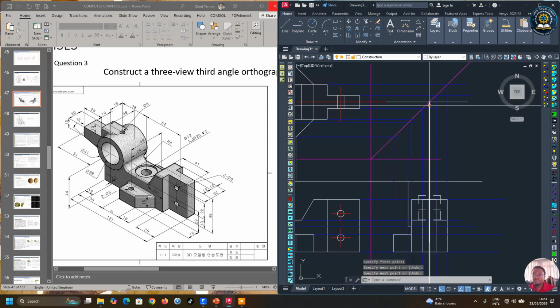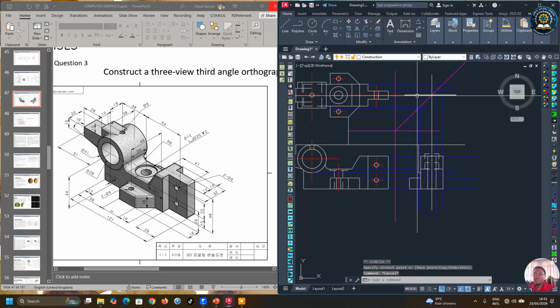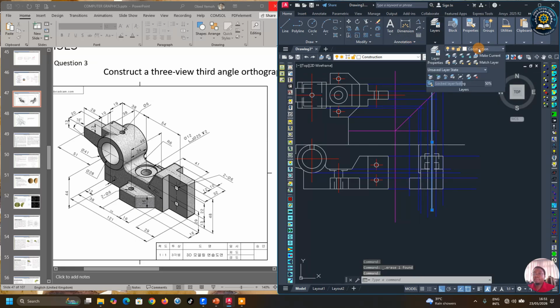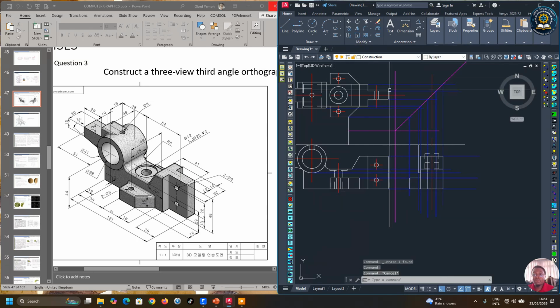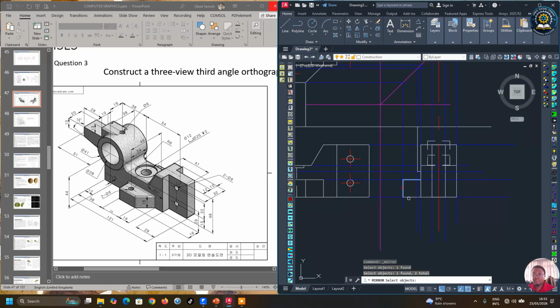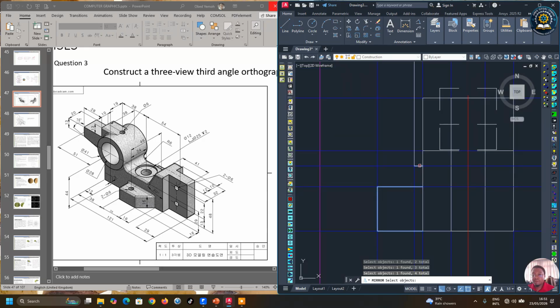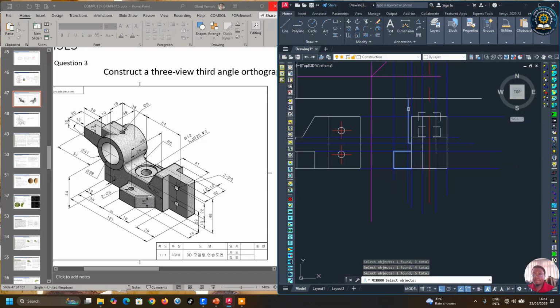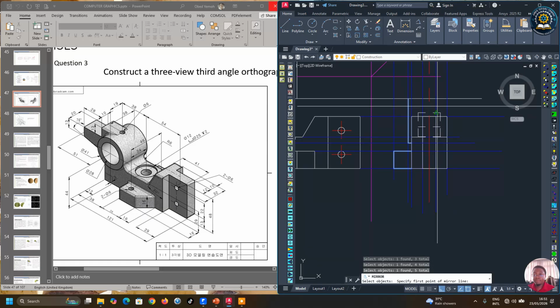So this. Okay, so I have my mirror line now. So I'm going to mirror this side, this side, this side, this part of the circle,